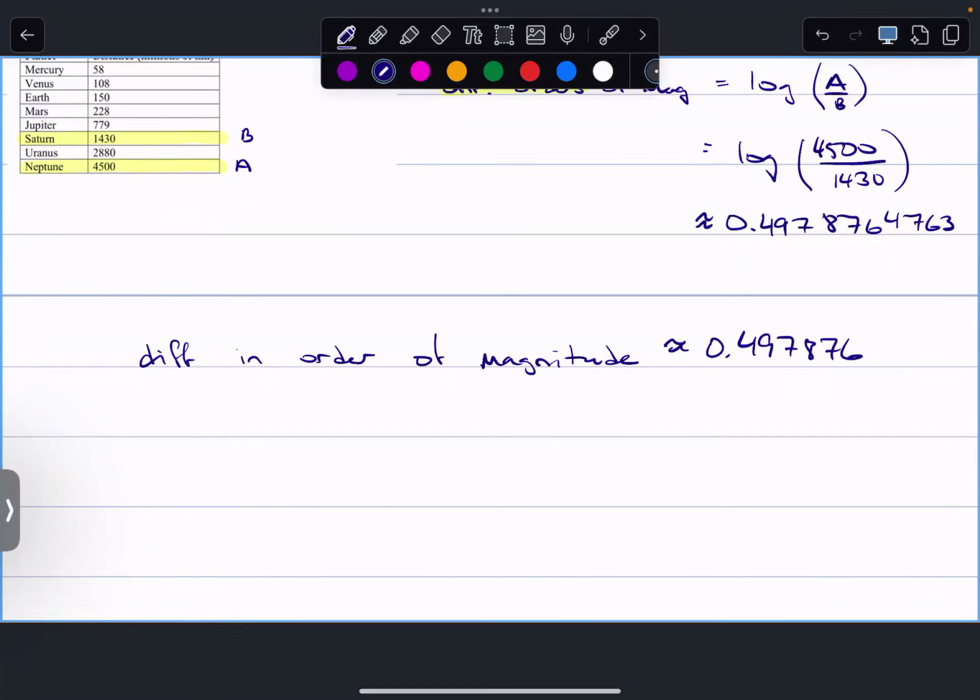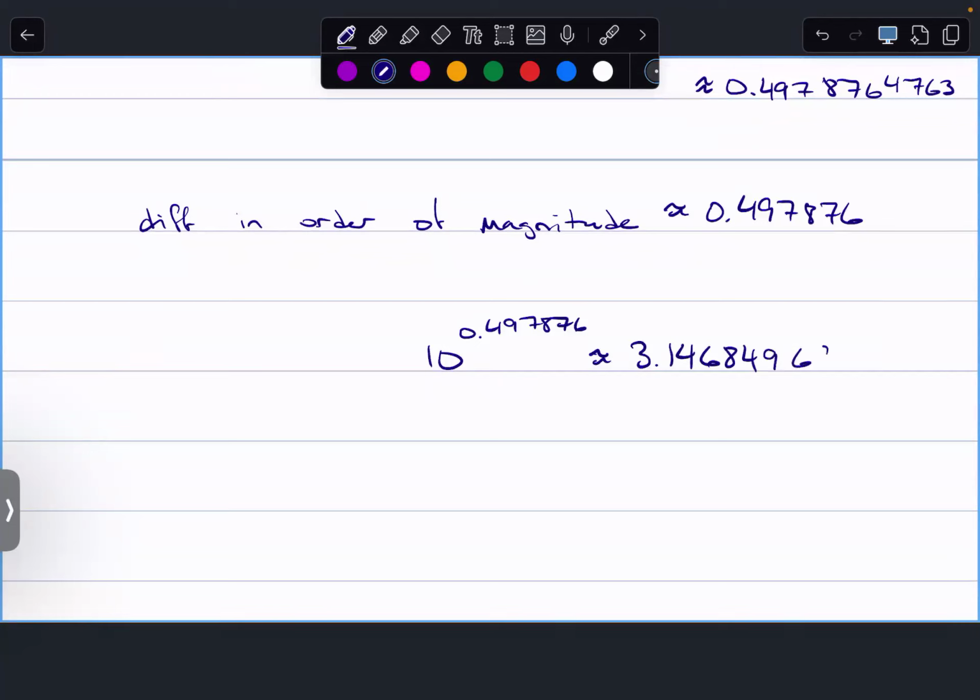That's the log of A over B, right? And so we can take it back and say, okay, 10 to the power of 0.497876, I get roughly 3.146849696,